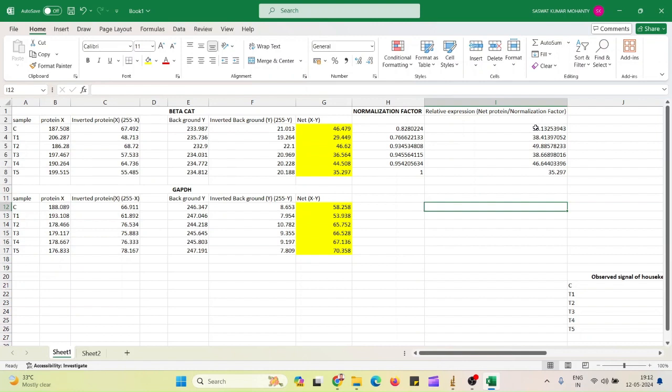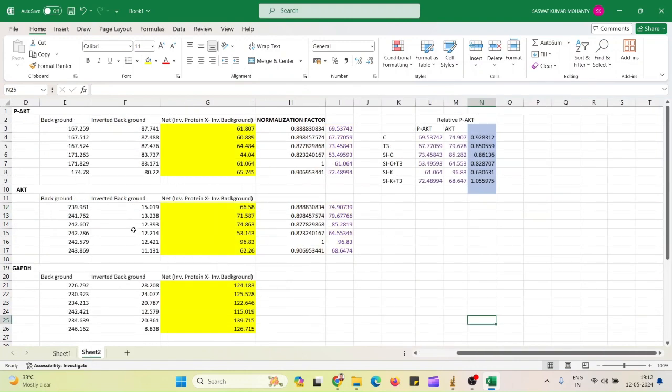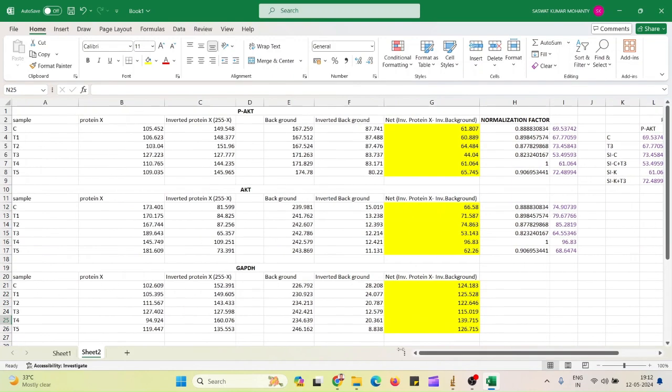This is without any phosphoprotein. This is the non-phosphoprotein. I just showed you the expression. Similarly, you have to measure and calculate for phosphoprotein with the Excel sheet. As you can see here, I used phospho-AKT. Similarly, as you calculated for beta-catenin using the normalization factor, you have to calculate the intensity for phospho-AKT and AKT, because for phosphoprotein we should find the relative expression from the total protein.